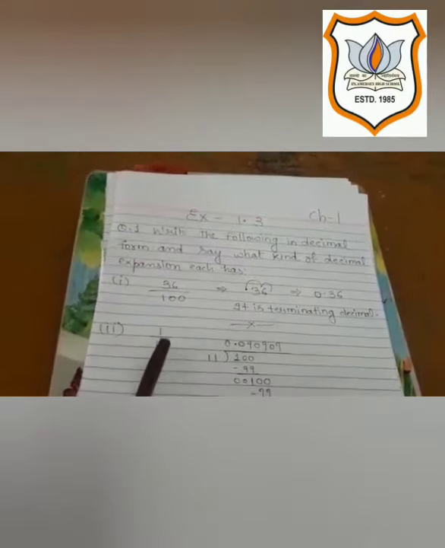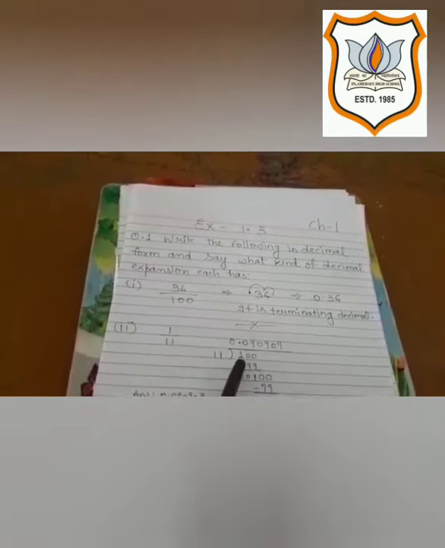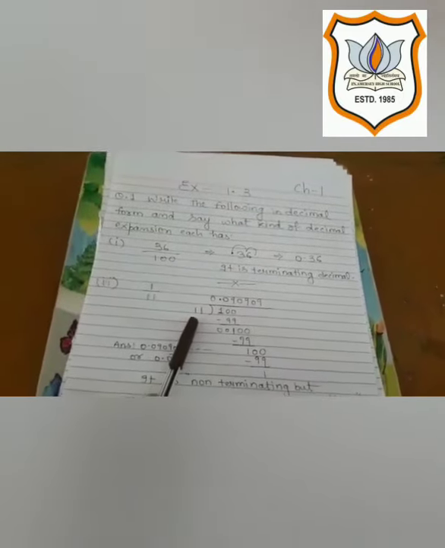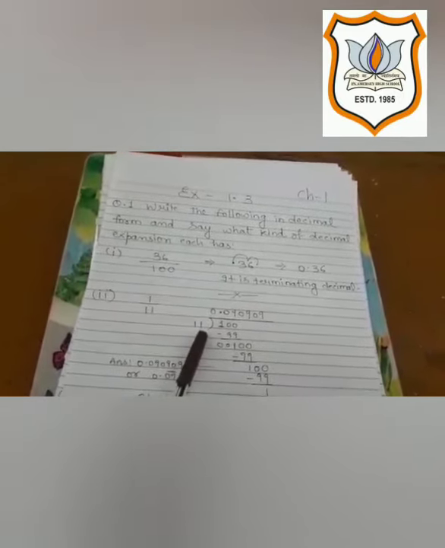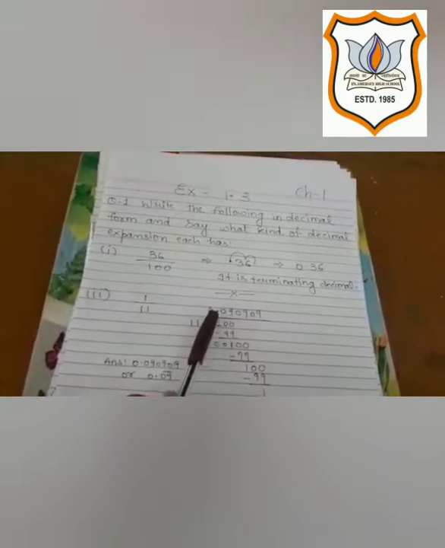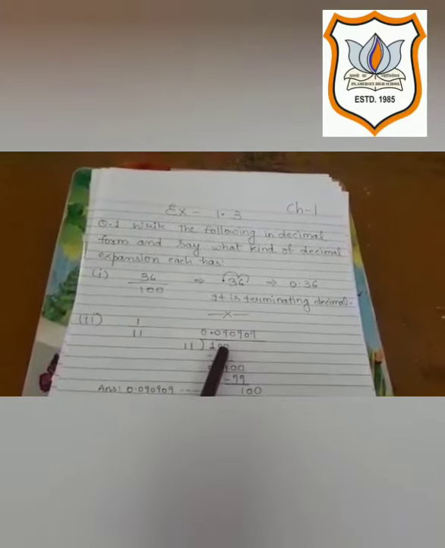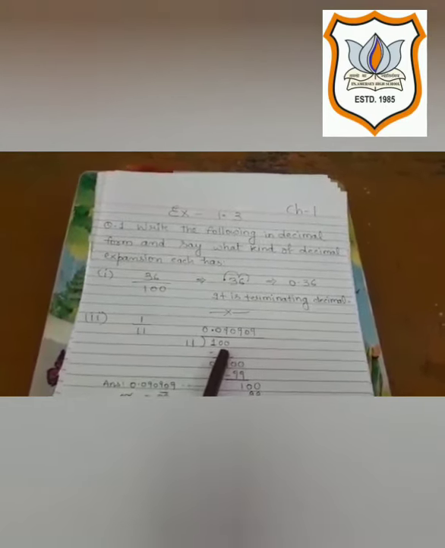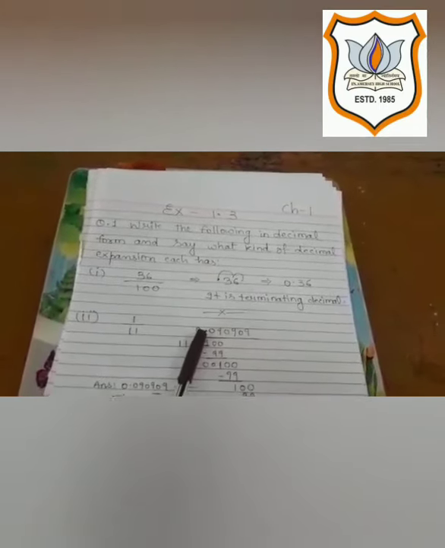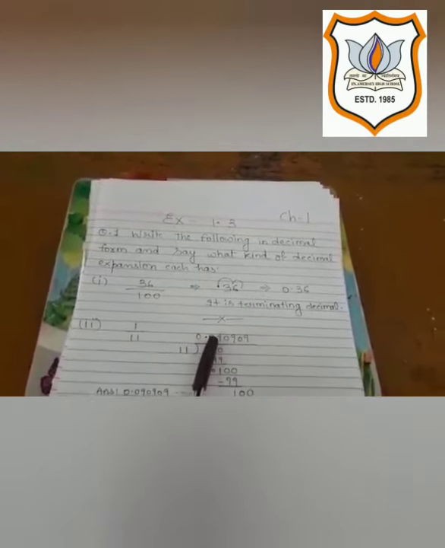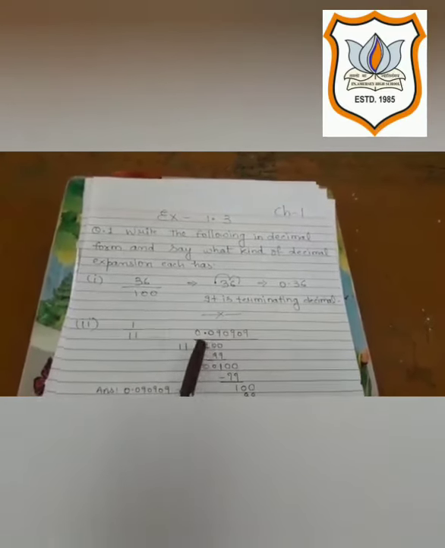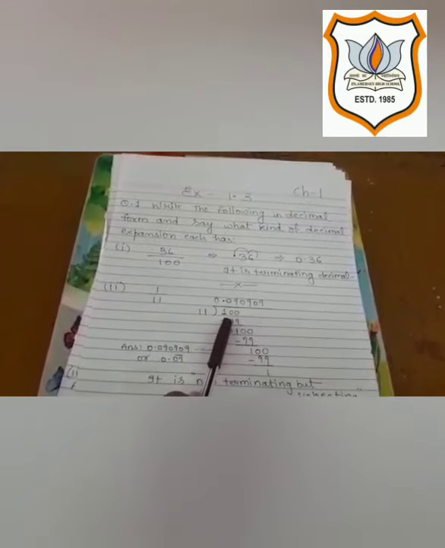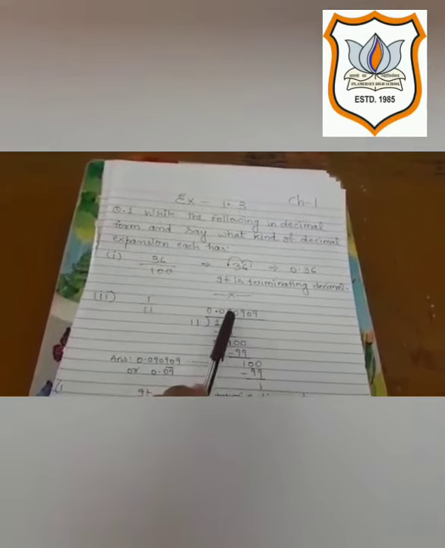1 upon 11: we know that we have to divide 1 by 11 in the very simple division method. But 1 is smaller than 11, so we will have to take a decimal here. With the help of the decimal, one 0 will be there. But we cannot take 2 zeros at the same time with the help of only one decimal, so we will have to take 1 0 again. So our quotient will be 0.0, and then we can write 100 here. And we know that 11 nines are 99.